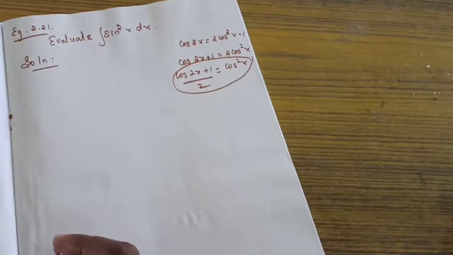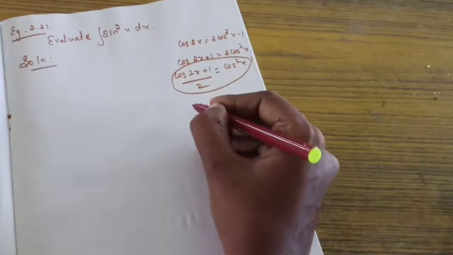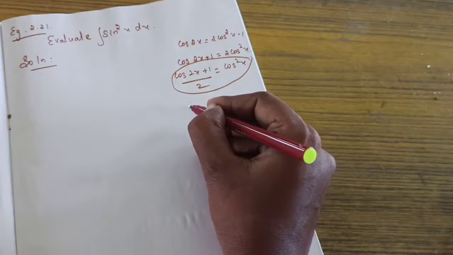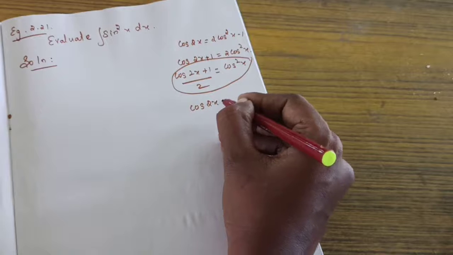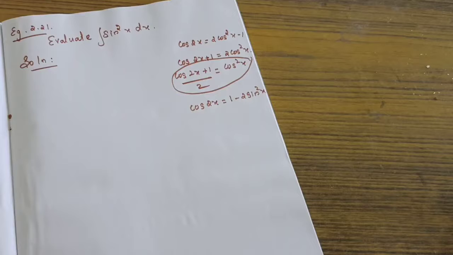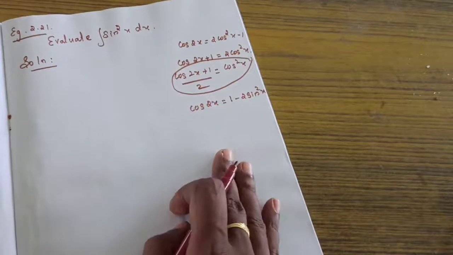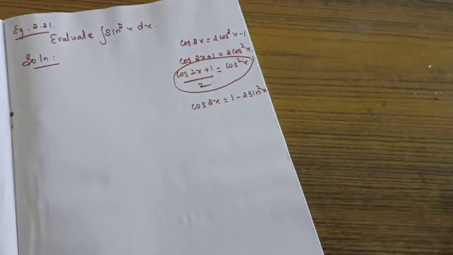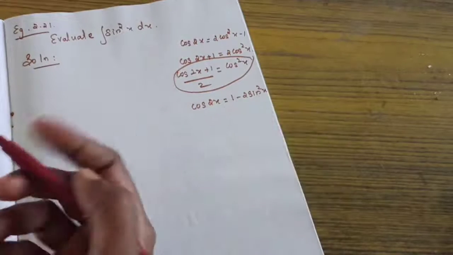Same as that, if you need the sin square x formula, what will you do? Sin 2x, have you learned any formula last year? No. But you learned another cos 2x formula: 1 minus 2 sin square x. Have you remembered this other formula we learned last year? This is a formula connecting sin square. Because of that I chose this formula. You will have a doubt, why are you taking this formula, you can apply the other, no? If I apply that formula, I get the value for cos square x, but I need the value for sin square x. Because of that I chose this formula. So from here I am going to find the sin square x value.